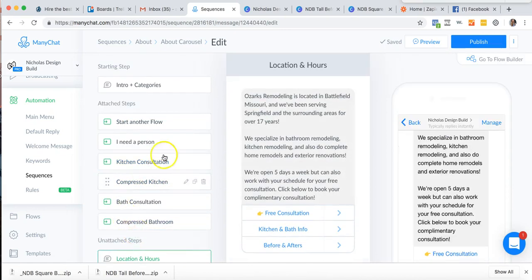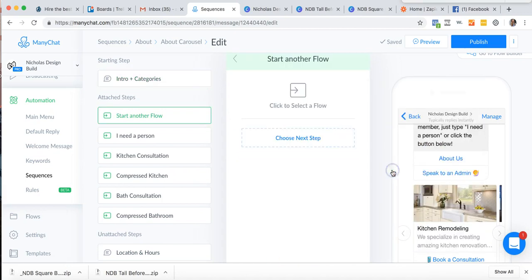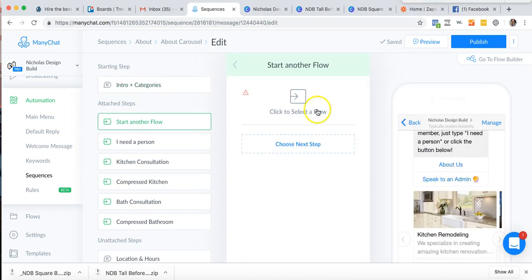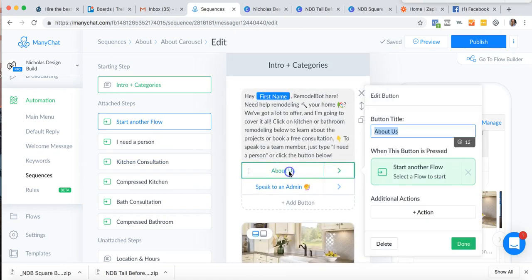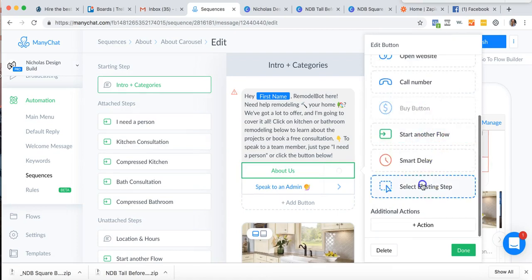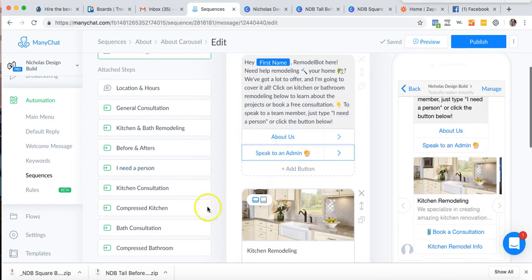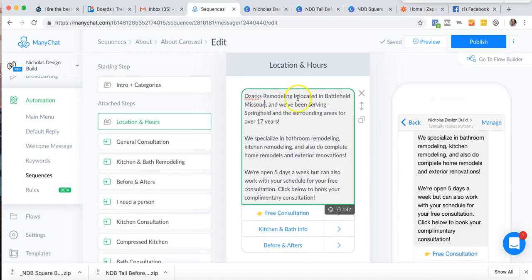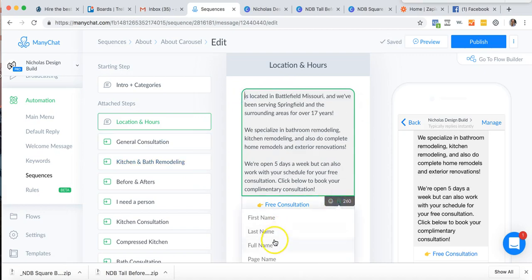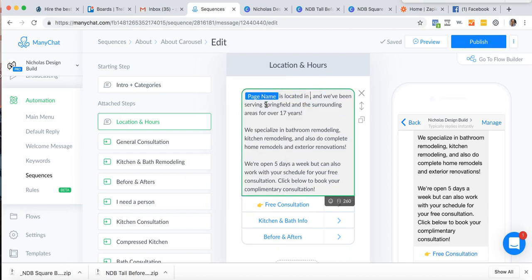So I'm actually going to reconnect this by connecting to an existing step like I did in the other one. Okay, so now I'm going to go ahead and edit this and we'll put page name is located in